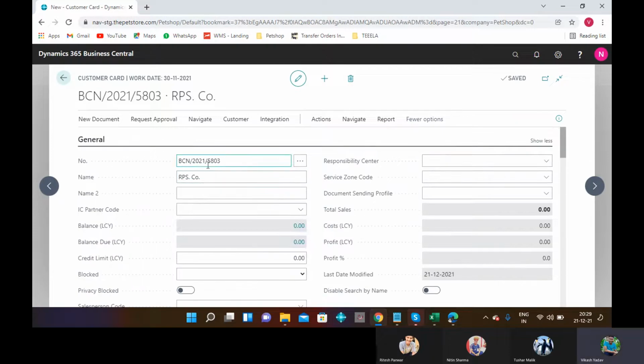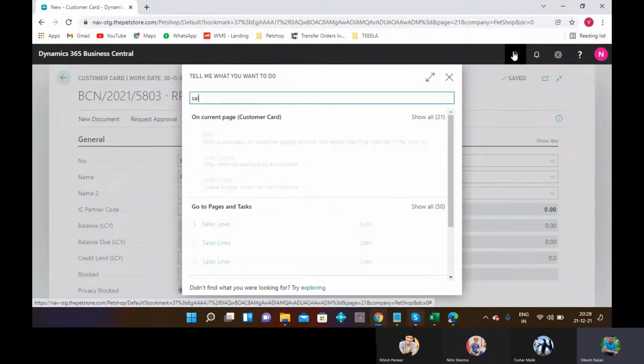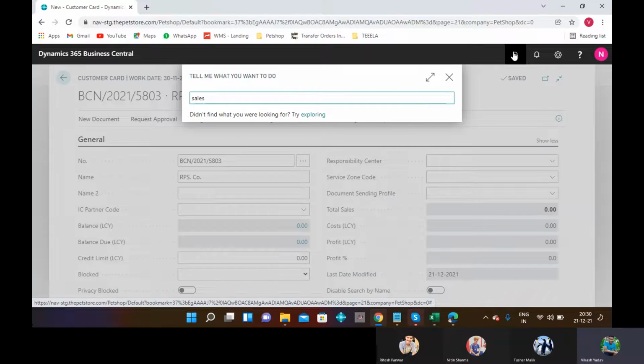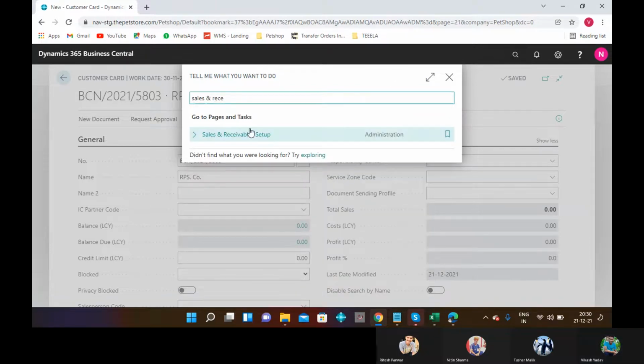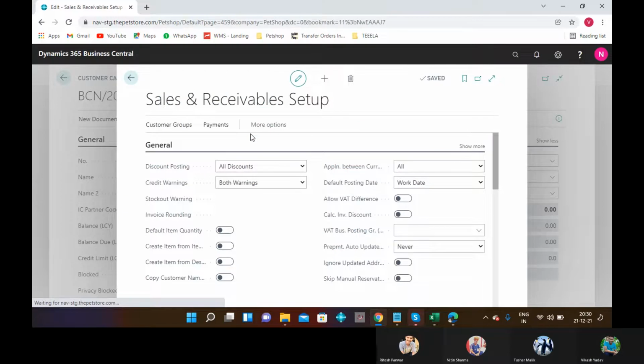This number series setup we can set in Sales and Receivables Setup.